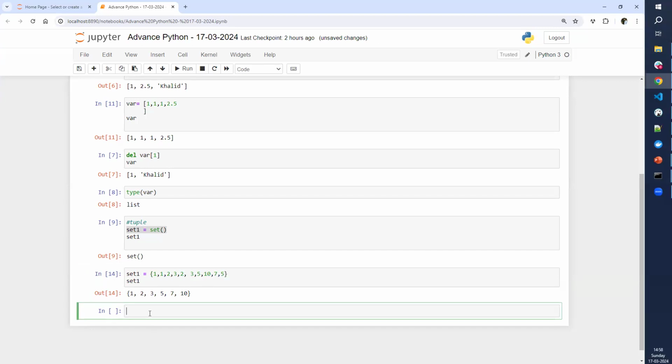Set, as I said, is unordered, unindexed, and partially mutable. Meaning in a list, it is mutable. We can update, we can delete, we can remove the elements from the list. But in a set, it is partially mutable. Meaning we cannot